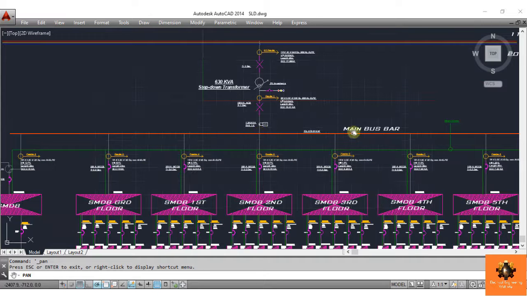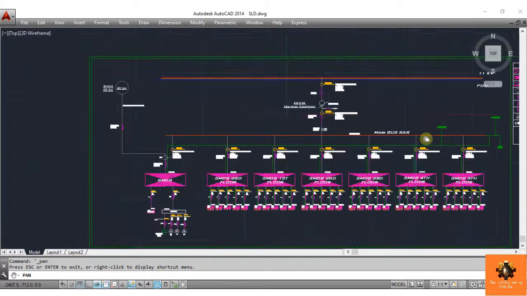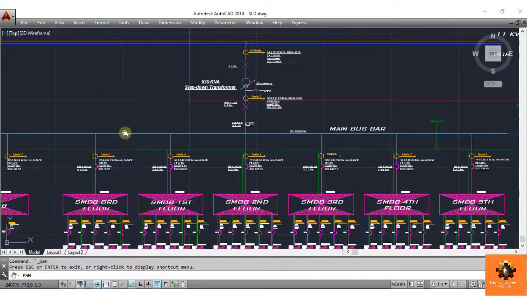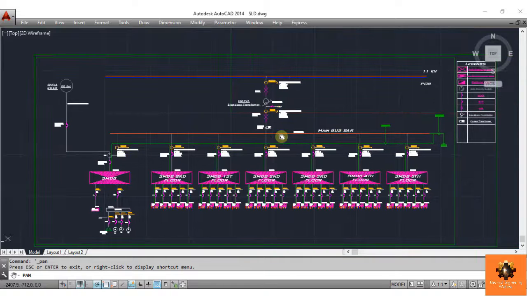Next we are coming to this main distribution bus bar. As this is the main distribution bus bar, the total amount of power which is required for this complete electrical system is supplied to this bus bar. Then this bus bar is distributing the power at different levels as per the requirement. Clear? As you can see, we are discussing the SLD for a 6th floor residential building. So the power is distributed to the ground floor, first floor, second floor, third, fourth and 5th floor.